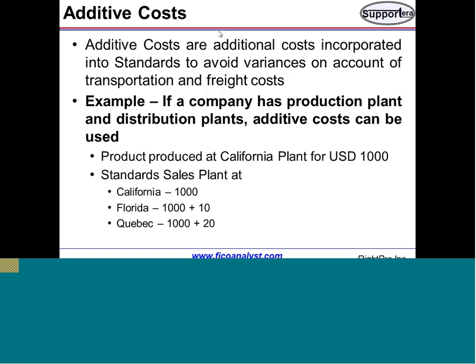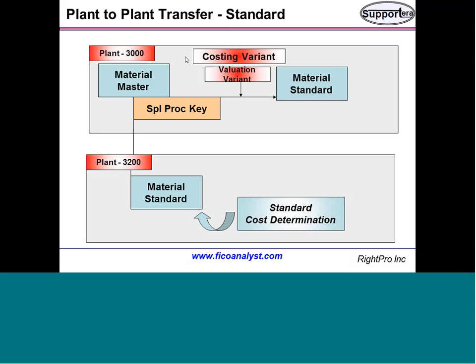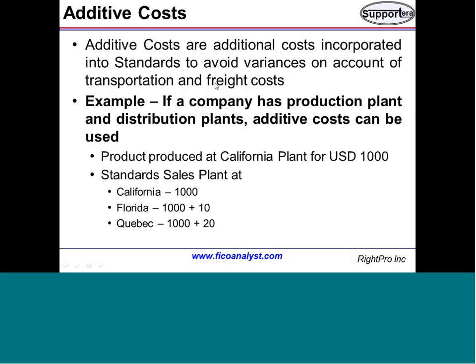Basically, if you think of additive cost, let's take the context from the plant-to-plant transfer. In a plant-to-plant transfer, you have standard cost in one plant, and you are transferring that standard cost from one plant to another plant, and that plant is taking it up and setting up this standard. So that is a plant-to-plant transfer scenario, and then added to that is additional cost that you want